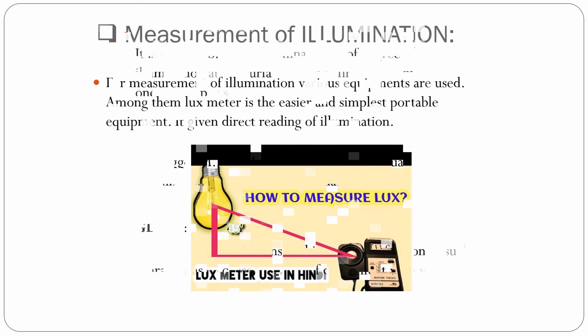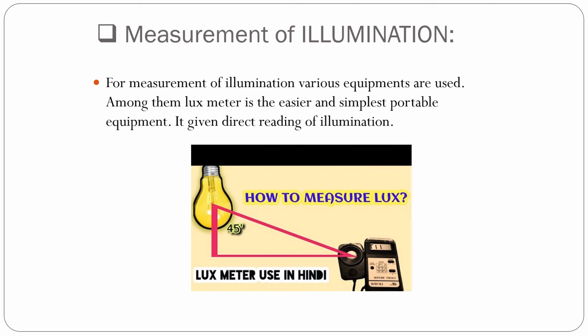It is called glare. Now this is the instrument by which we can measure illumination, called a lux meter. So this is the lux meter, with one probe connected to it. This is the angle between these two. When we go nearer to the lamp, the lux meter shows more intensity. When we go far away from the lamp, as the distance increases, it shows less illumination.